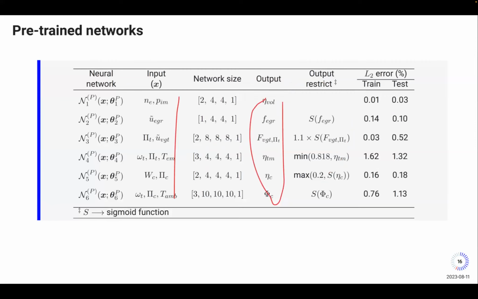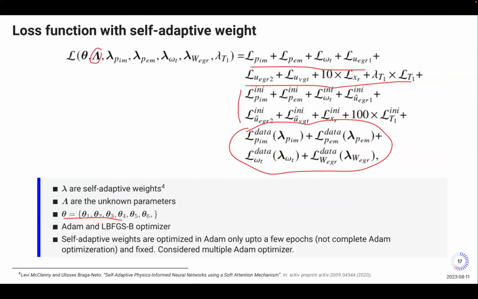And for the unknown parameters, you assign a neural network to each? No, unknown parameters are constant, so they are trainable variables. Oh, okay, they are considered constant. Okay, got it. Thank you very much. Yeah, thank you.